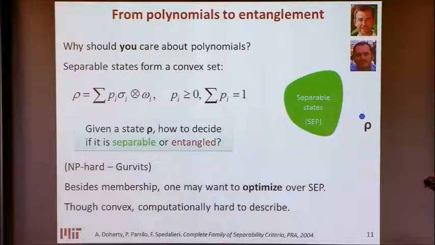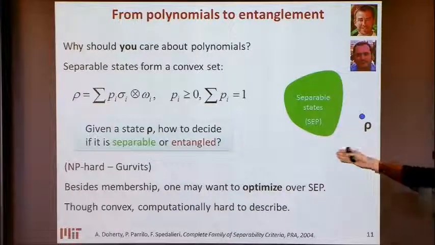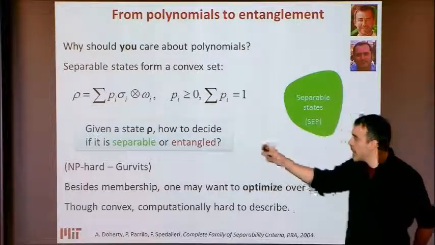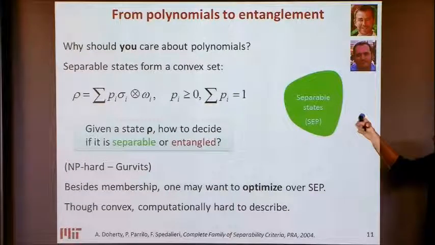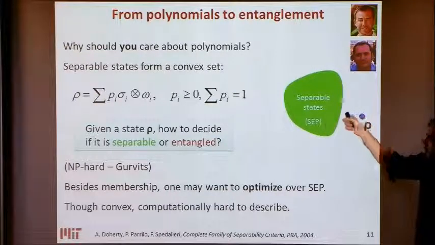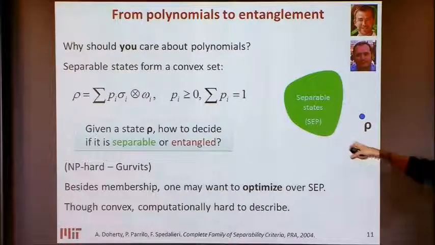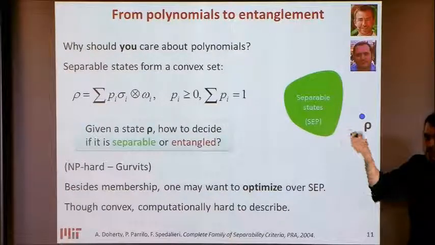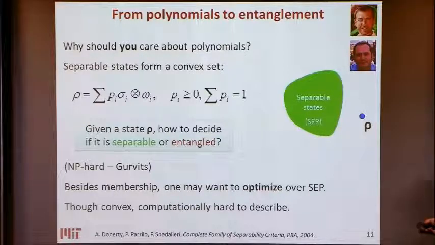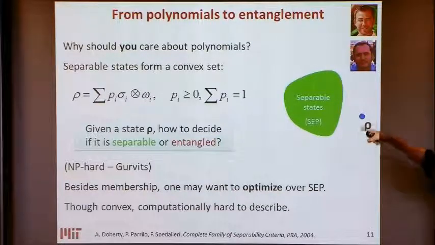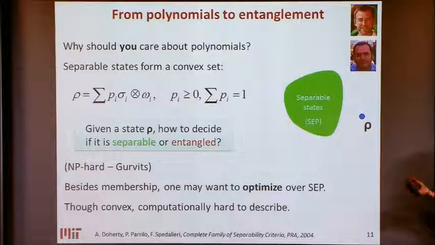I'm looking here at the density matrix, right? And of course, a question which is pretty hard is if I give you a state in here, I give you a rho, I want to try to understand whether it belongs to this convex set or not. And notice that convexity doesn't actually help me in here. Remember what I said at the beginning, that even if I start with a convex set, if my convex set is difficult, then I know that by itself doesn't really help me a lot.